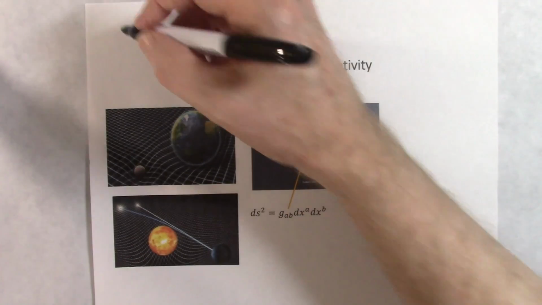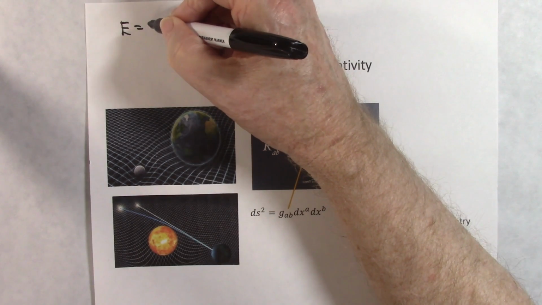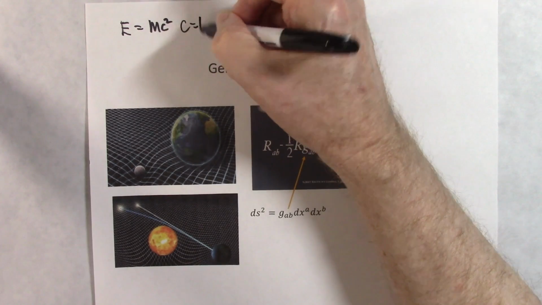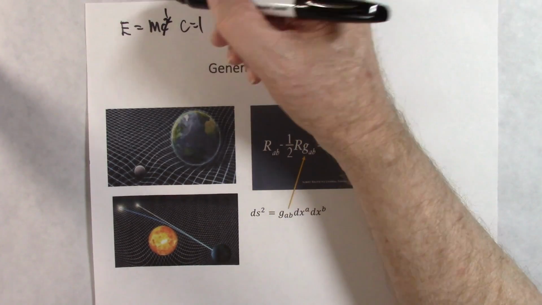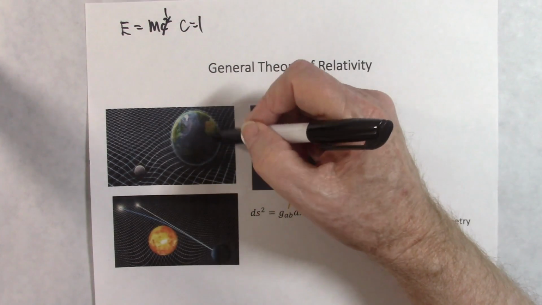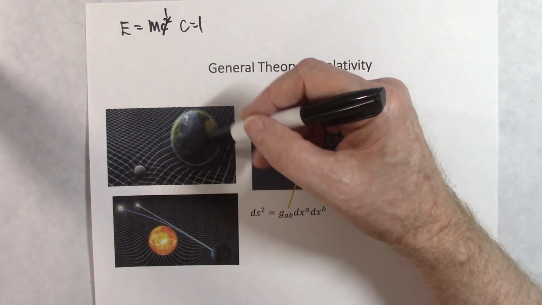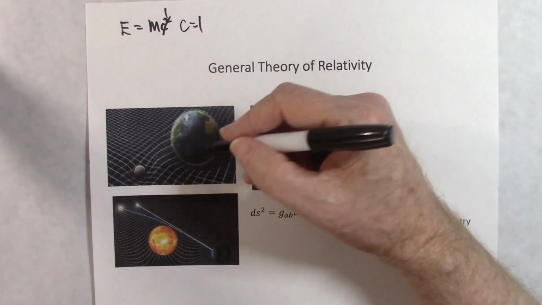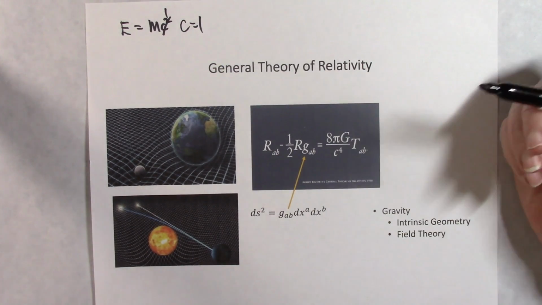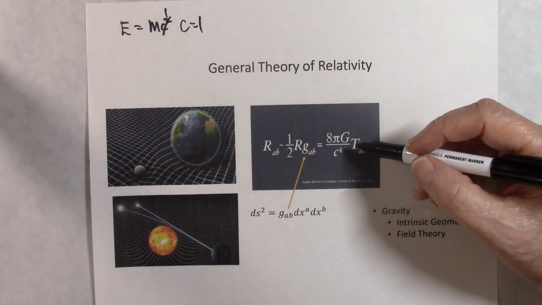How do we define matter and energy? Well, if you remember his famous equation, E equals mc squared. Well, c is the speed of light, so if we set c equal to 1, this would be just 1, and we just have energy is equal to m. So a mass like the Earth here is equivalent to energy. And so you would have a warping of the space around the Earth because it's a big mass. So this side of the equation would not be equal to 0, because there would be matter and energy warping